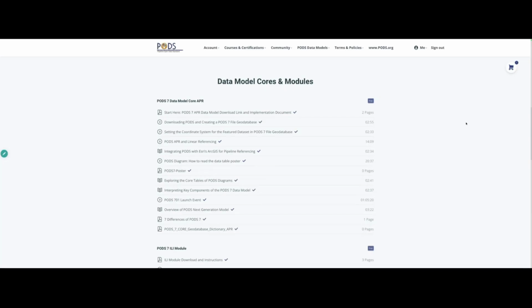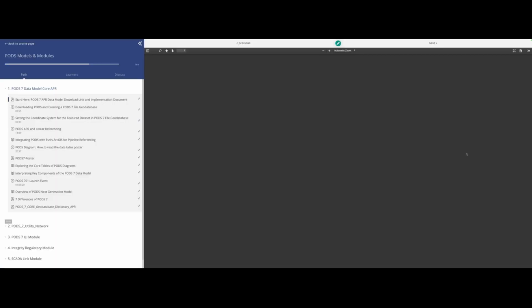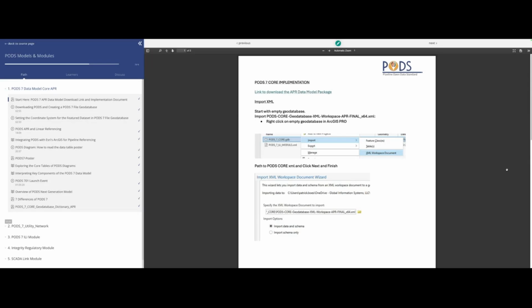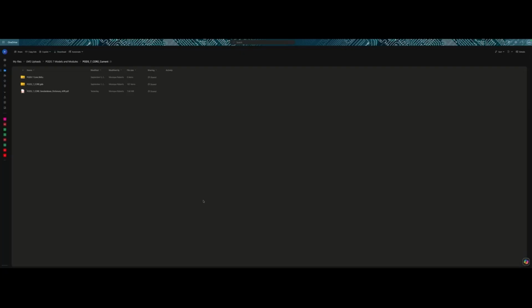What do I do now, right? So where do I start? Guess what, y'all? Start here. Hit this button that says start here, right? And then you're going to have your core implementation. And then you're going to click on this link, and it's going to take you to the download for PODS